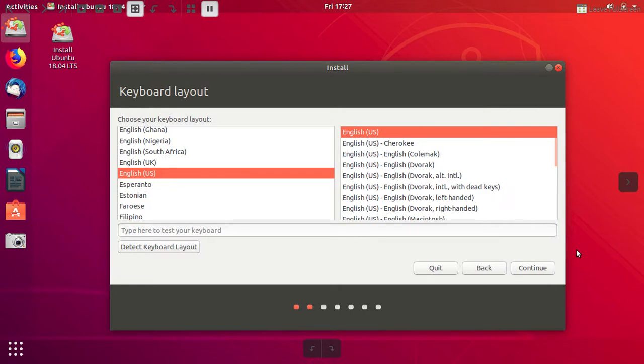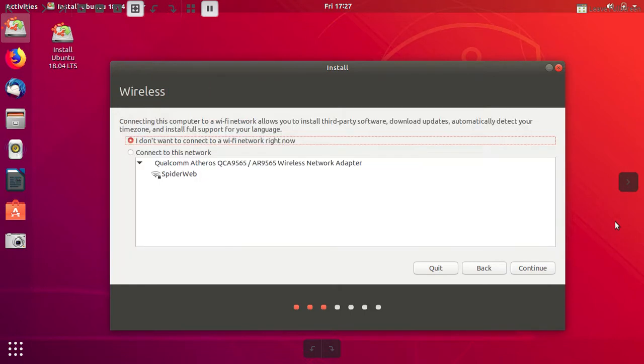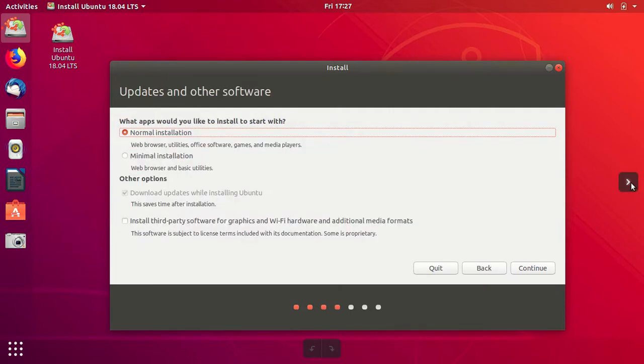Then click continue. Then I didn't want to use the internet, so I did not connect to the internet, and to get to this screen here,